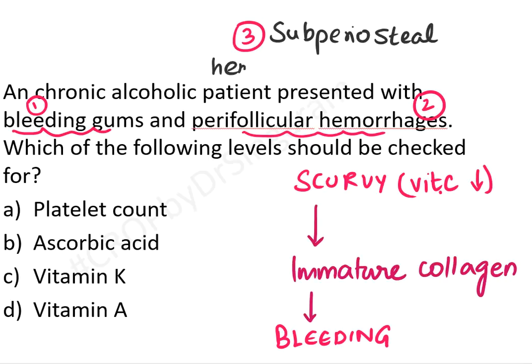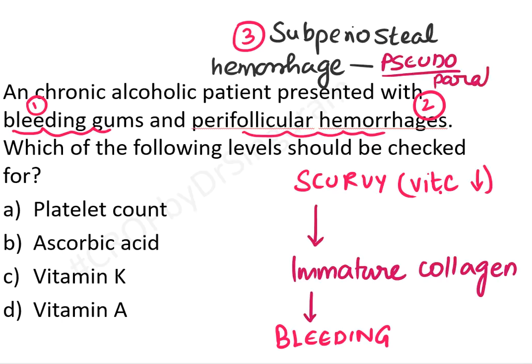The patient may not be able to move the leg at all because of the subperiosteal hemorrhage and the pain. So what happens when you look at that patient? The patient will appear as if he is paralyzed, but it is not due to paralysis. It is only due to this painful bleeding. He is not able to move the leg. So this is called pseudo paralysis. A very important point to be noted. It's a feature of scurvy.